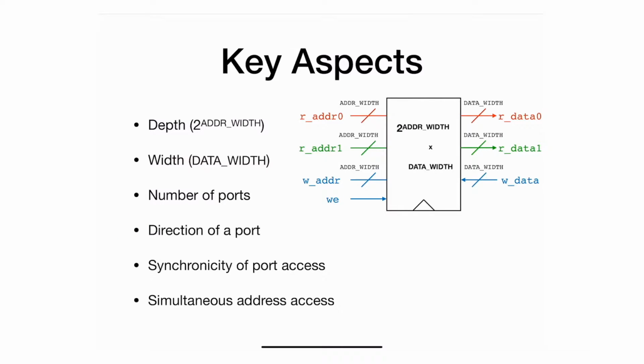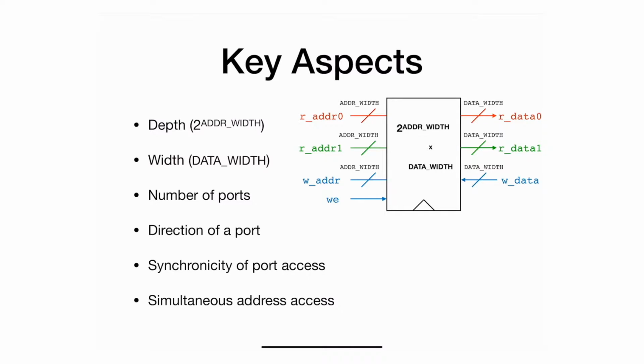Then there is the synchronicity of a port access, whether you access it with a clock or at any time. This is not very clear on the graph, and as a designer you're going to have to make a decision when you should read or write synchronously. Generally speaking, a write is always synchronous. That's how I've seen it. The read is up to you whether you want it asynchronous or synchronous. Asynchronous meaning you can read it all the time. You don't have to wait for the clock to come over or the active edge of the clock,